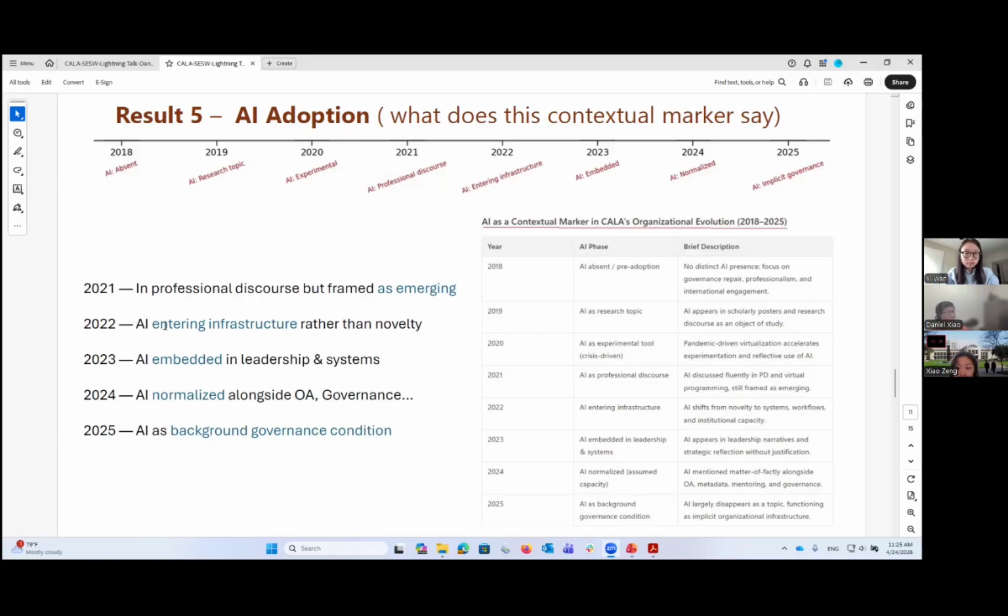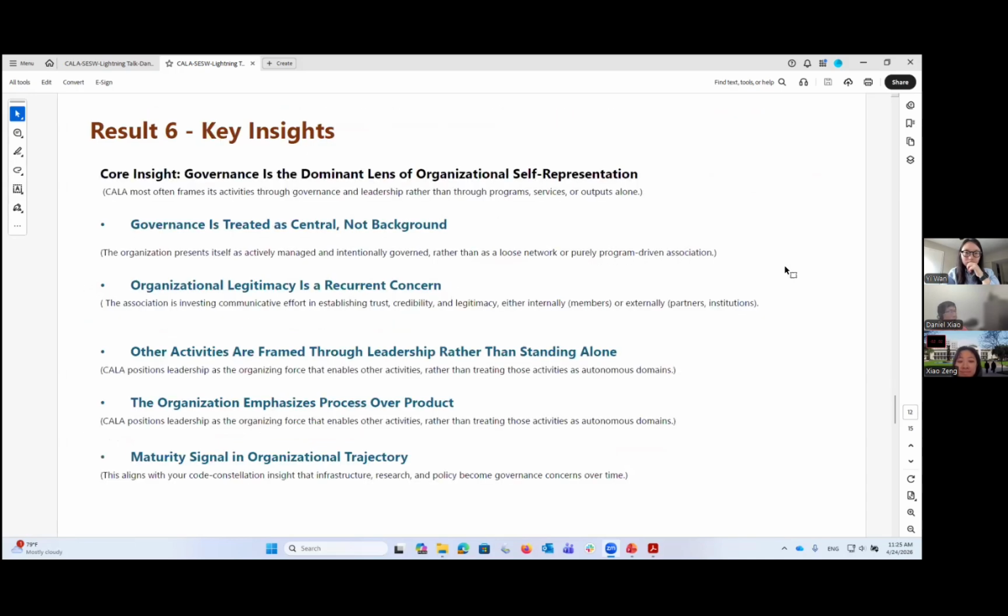In 2021, AI was framed as emergent. In 2022, it entered the infrastructure rather than being a novelty. In 2023, AI was embedded in leadership and systems. In 2024, it normalized along with other codes. And in 2025, it goes into the background governance condition. And these are some of the key